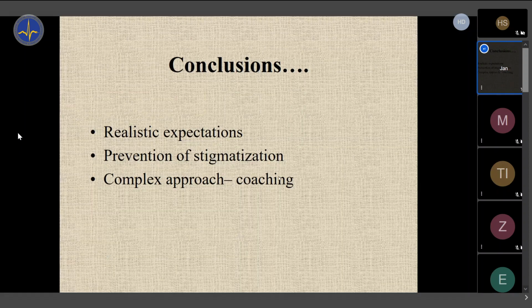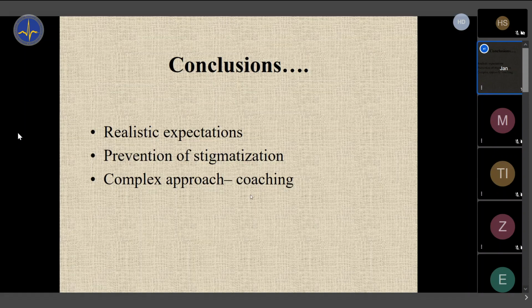Prevent stigmatization. We didn't have time to talk about it, but imagine that obese people are stigmatized by society, generally speaking, and we should not promote it as physicians, right? So we should treat it as a disease, as any other disease, and be very, very professional. We need to be not only physicians but educated physicians. Treating obesity is very difficult. The outcomes are sometimes worse than treatment of many cancers. Many types of cancer have better outcomes than treating obesity, in a 10-year perspective. So this is for conclusions, and now we have a question.